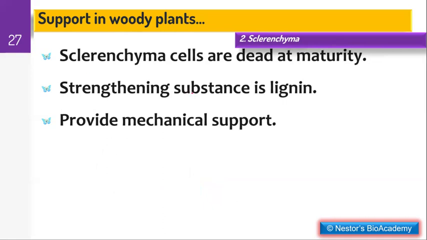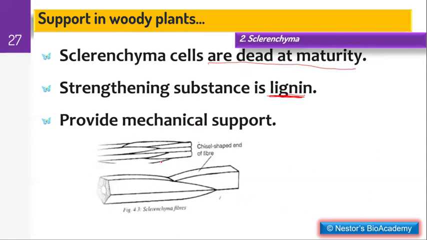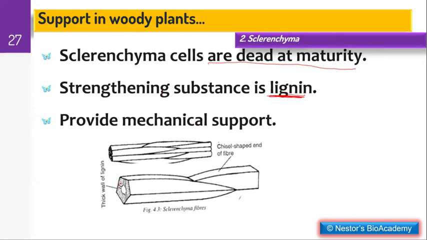Sclerenchyma cells are also specialized for support, but unlike collenchyma cells, the sclerenchyma cells are always dead at maturity. With them, the main strengthening substance is lignin, and they also perform a critical role in providing mechanical support. And again, unlike collenchyma, where, if you recall, the strengthening substance is cellulose, and cellulose was only largely deposited at the corners of the cells, for sclerenchyma the main strengthening substance is lignin, and it is always deposited in the lumen,